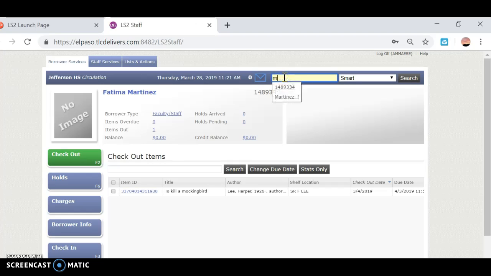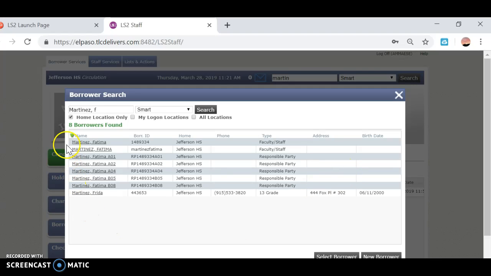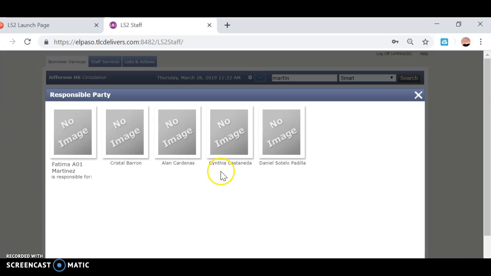So let's just say we want to check out a book to a student that is in Fatima Martinez's class. I would look for Fatima Martinez, and I get a list of classes. In high school, she of course has various classes, first, second, fourth, fifth, and eighth periods. But in elementary school, you would probably only have one entry for that teacher, other than her personal borrowing account. So when you click on the class for the teacher, all the students in her class